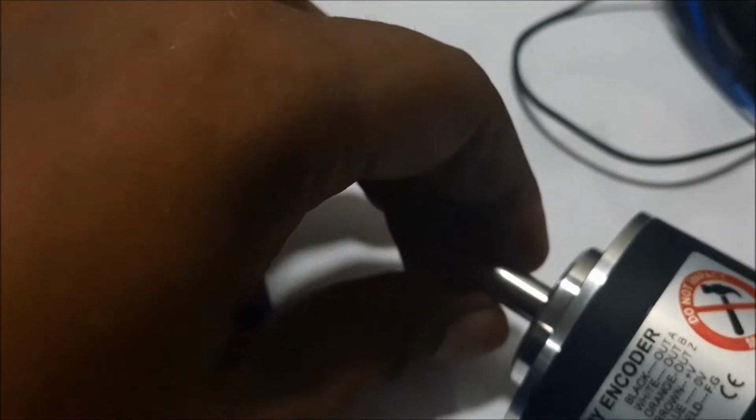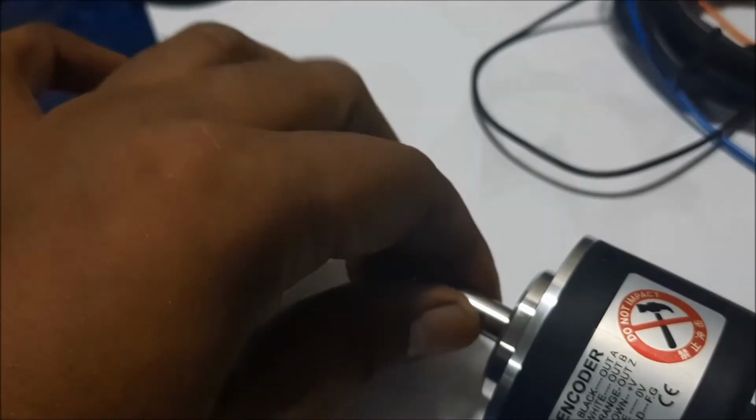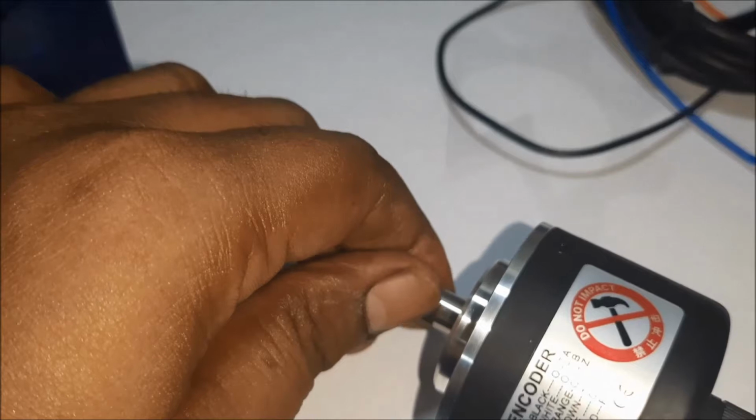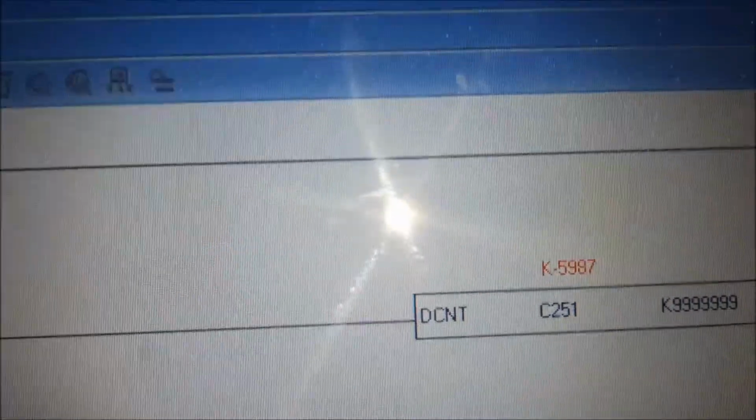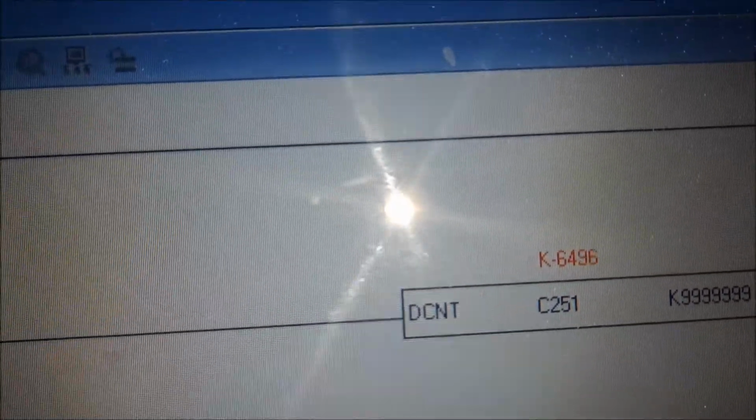See, clockwise direction I am rotating, and the value you are getting is minus.